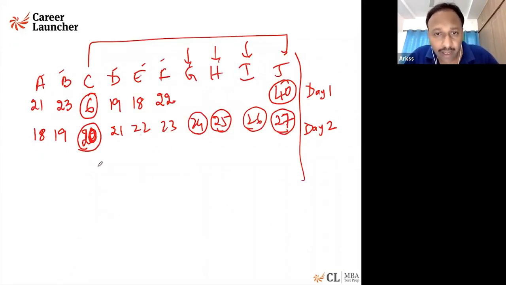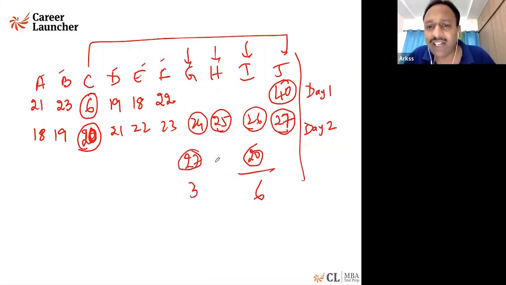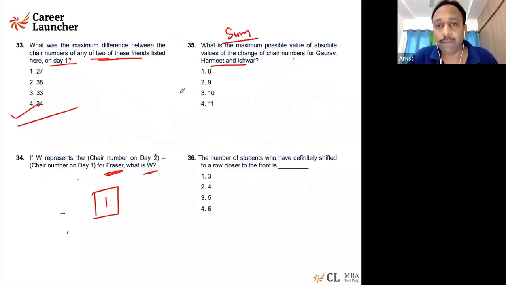Okay. 20, 26, 20. So if this is 20, this 6 is the difference here. If this is 20, that is I is 20, the difference is 6. Then if this is 27, the difference here maximum is 3. And I will take some 26, the difference is 1. Answer has to be 10 for this.